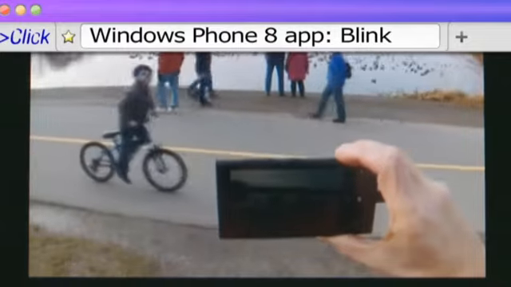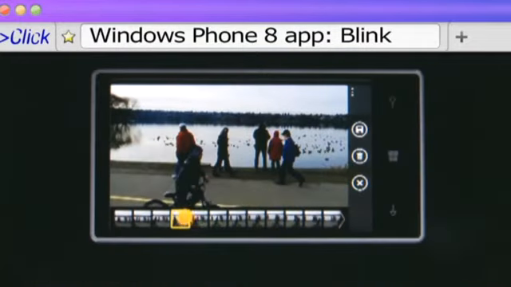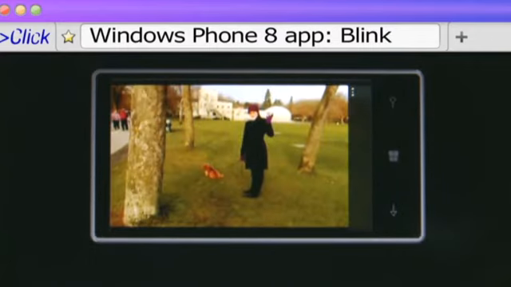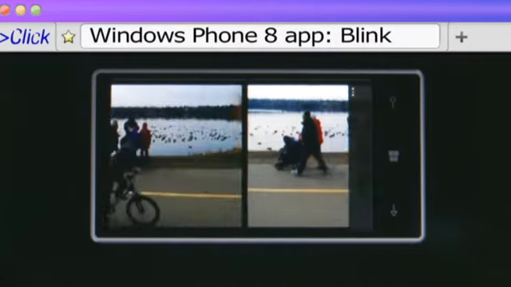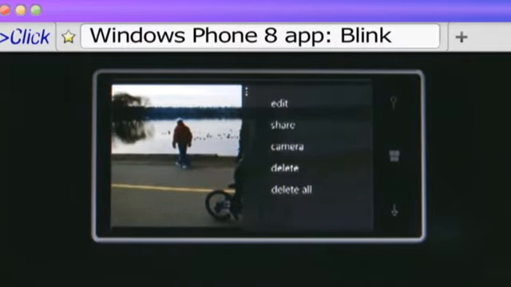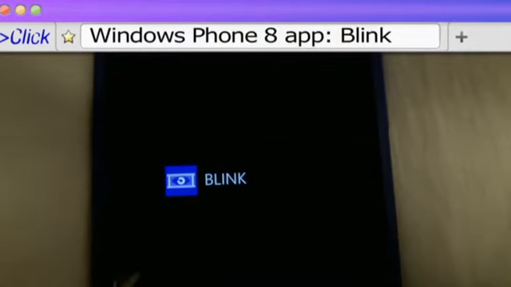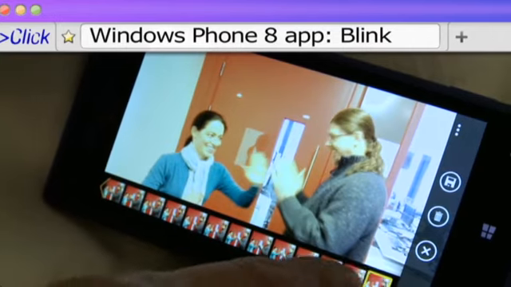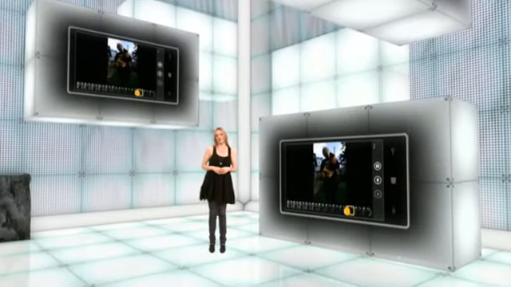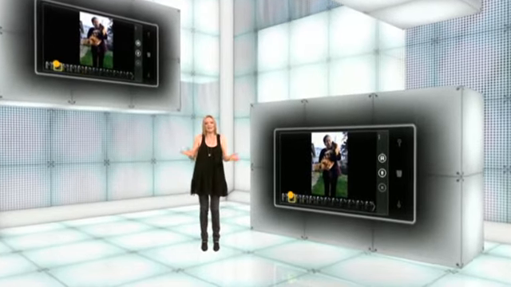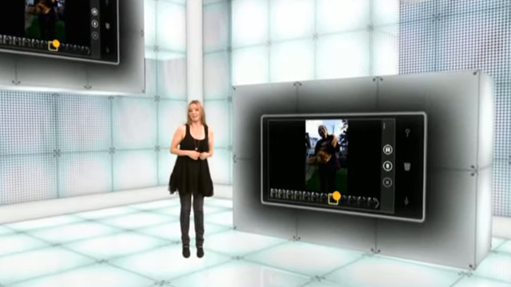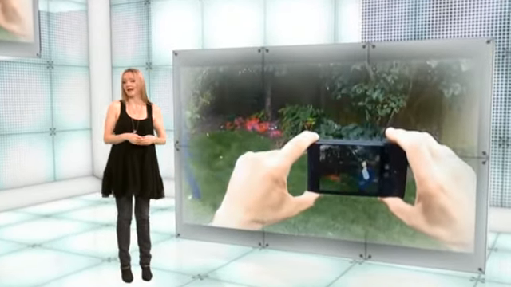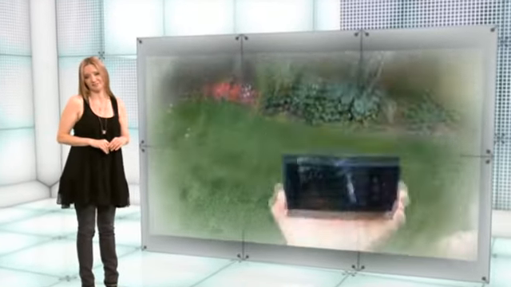I don't know about you, but as soon as anyone points a camera at me, I get an overwhelming urge to blink. Windows Phone 8 owners can do away with badly timed shutter snapping with Blink, a free photo editing tool that takes a burst of frames so you can quickly choose which one is best. This app is great for capturing action shots too, like a dog leaping to catch a ball or your kids leaping into a swimming pool on holiday. Just point, shoot, and then pick the perfectly timed exposure to share.